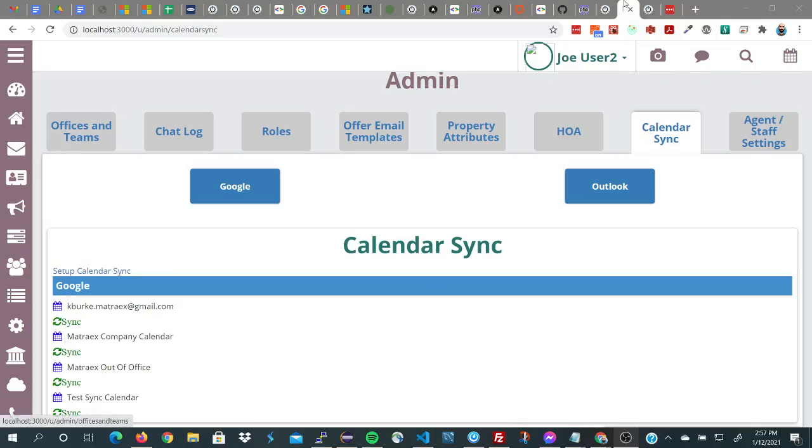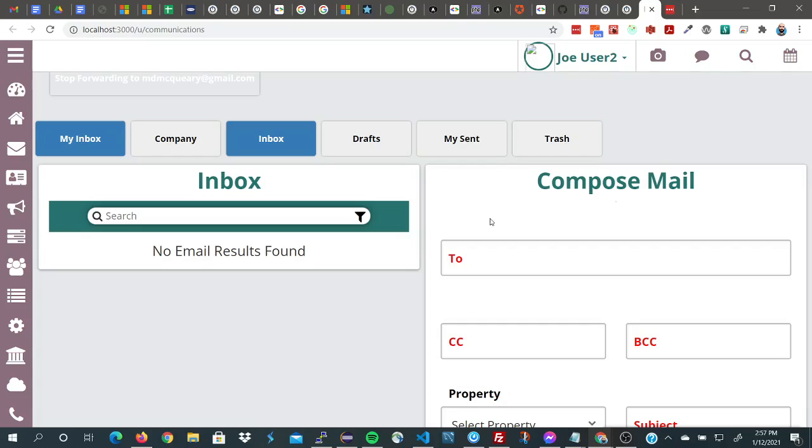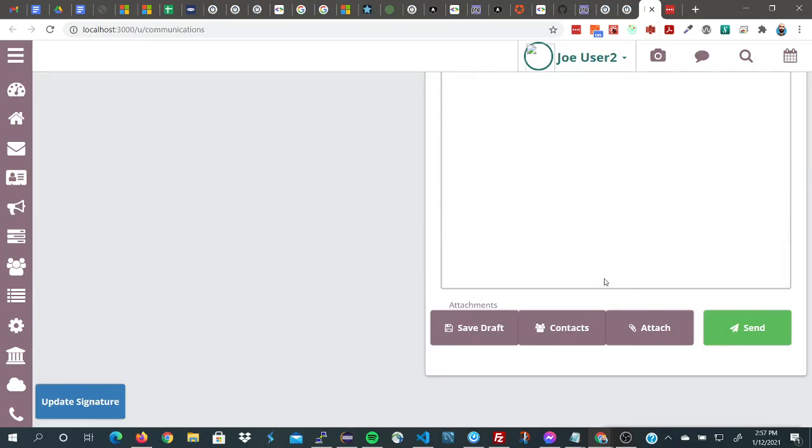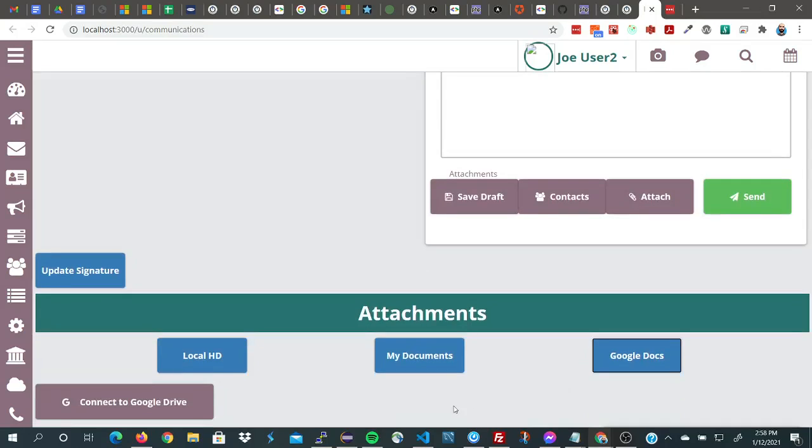Now let's move on to the Google Drive scope that we're requesting. The Rio app provides the ability to compose emails with attachments, and here we're providing the ability to attach different kinds of documents, one of which is Google Docs. And so here